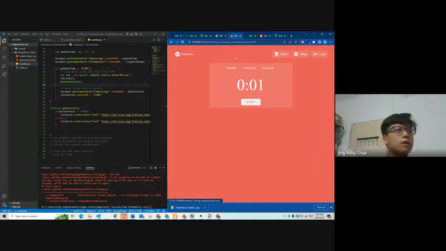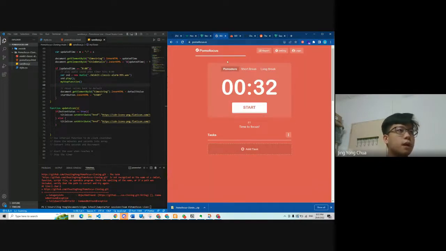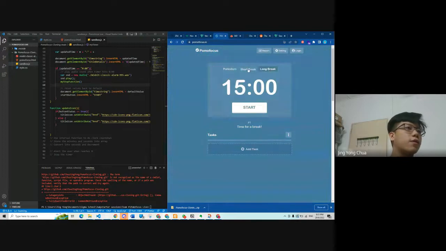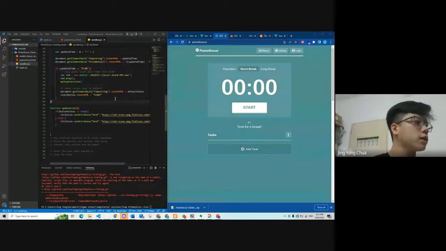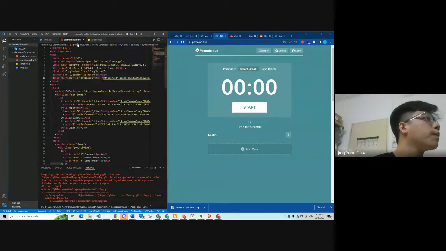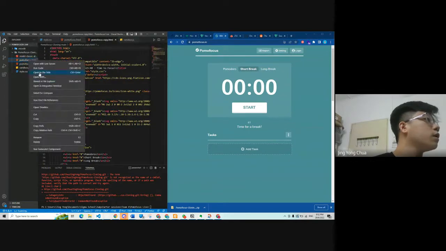Okay, so I think since we still have a bit of time, maybe what I can do is we try to copy this as well. So short break, long break, there are 2 different tabs for it. 2 more different tabs. Okay, so maybe we try to copy that. Okay, so the copy here would have